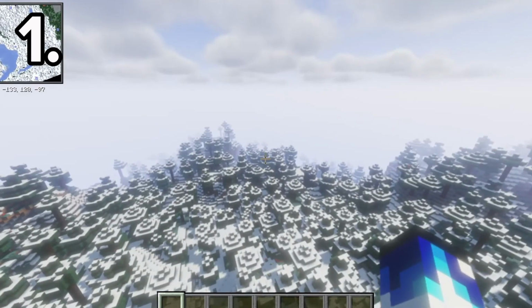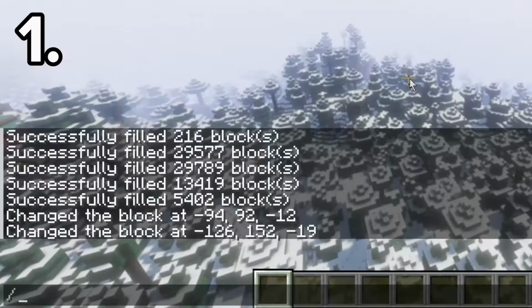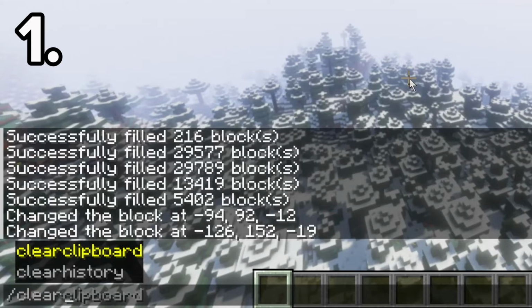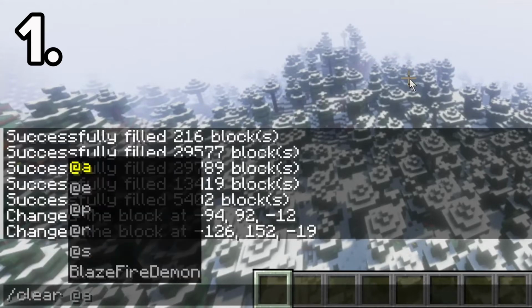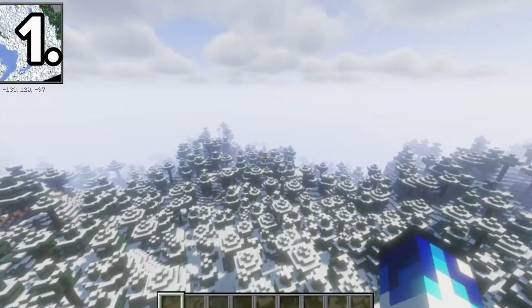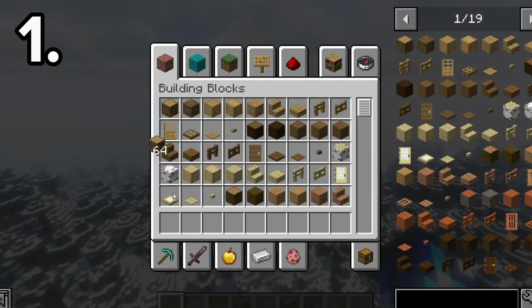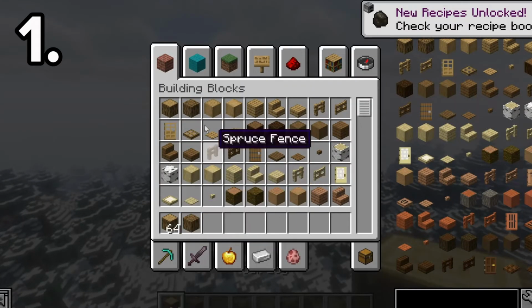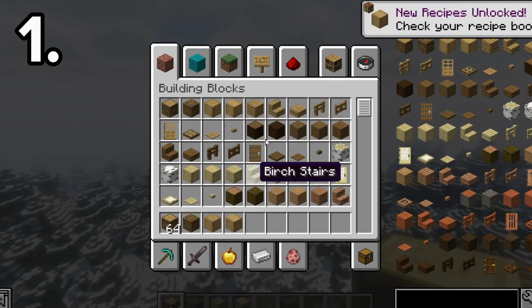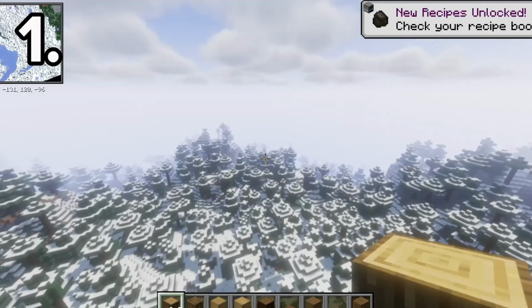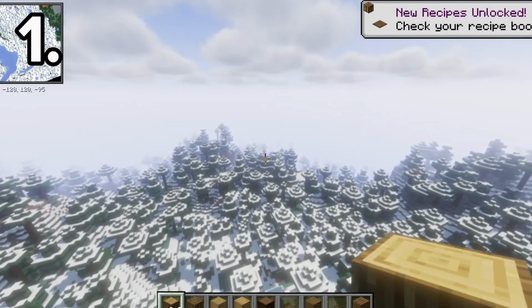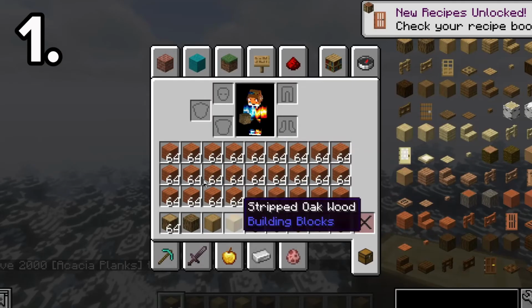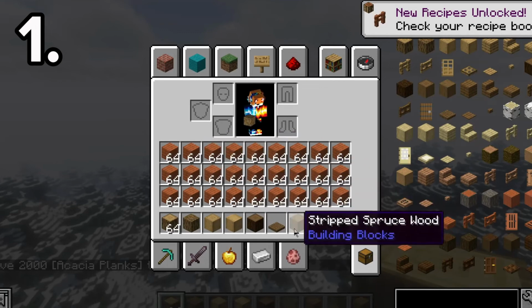The third command that we're going to look at today is /clear. Are you just so tired of having to remove everything from your inventory so much? Like, your inventory is full all the time and you have to remove everything all the time. Well, not with /clear. If I were to fill my inventory completely, so yeah, if I were to do this, and now my inventory is full with acacia planks,